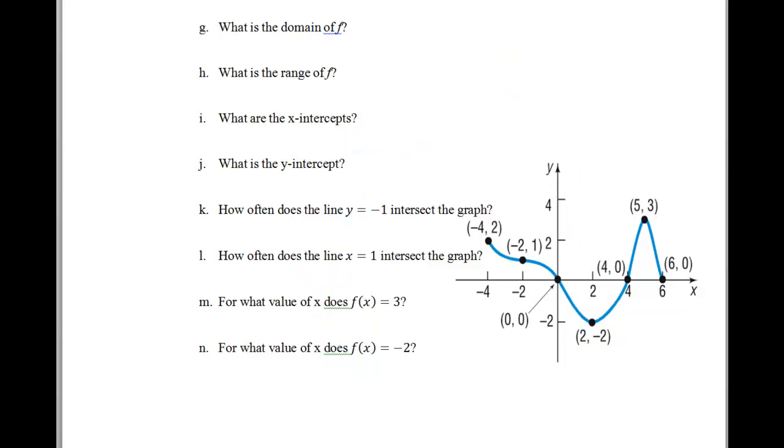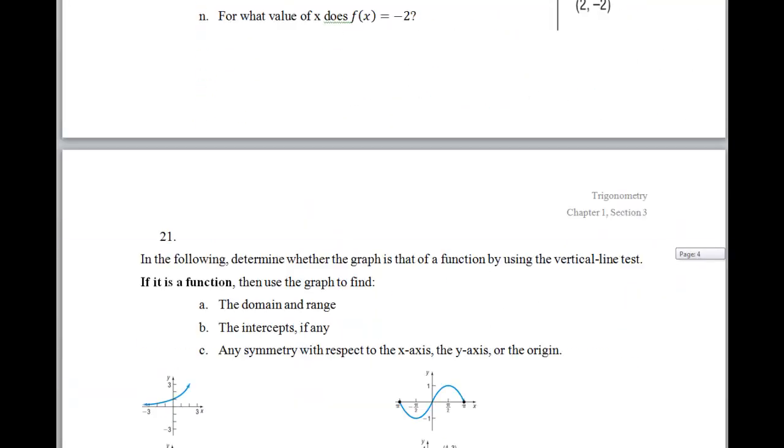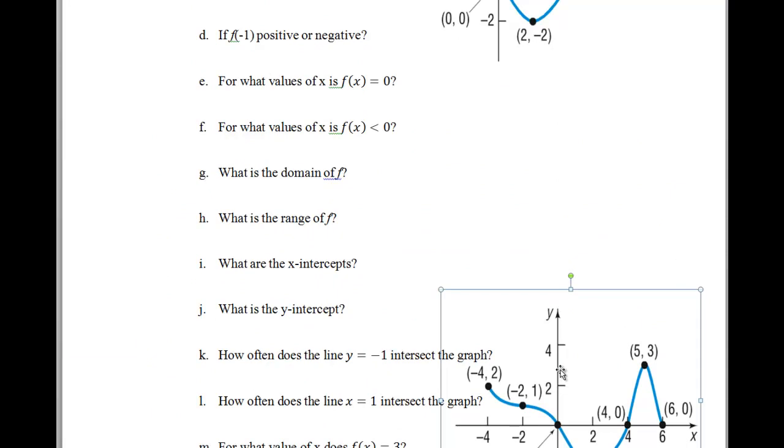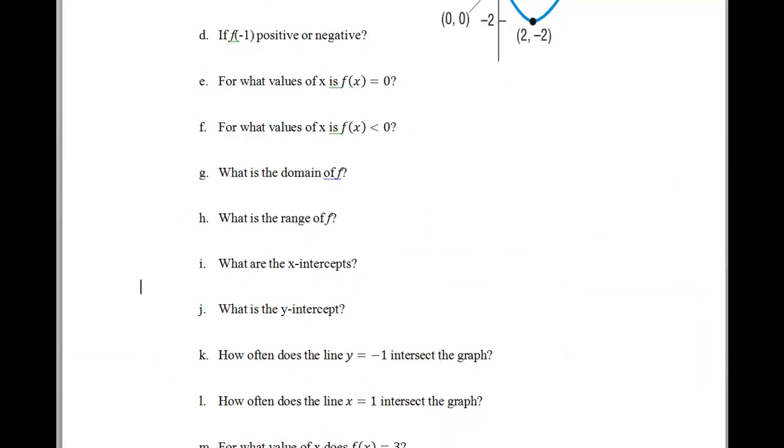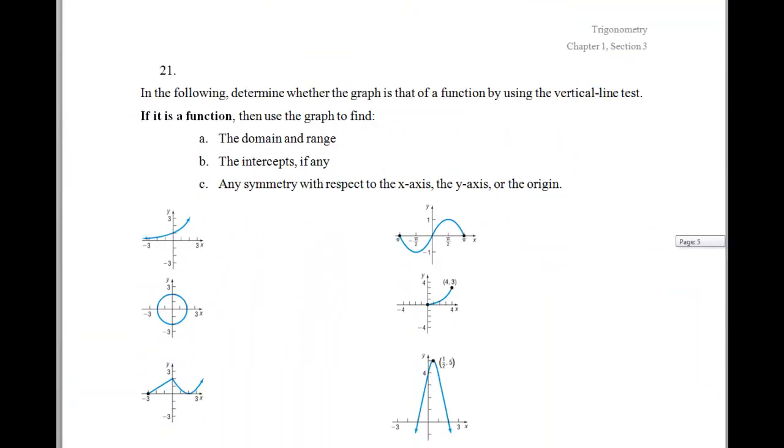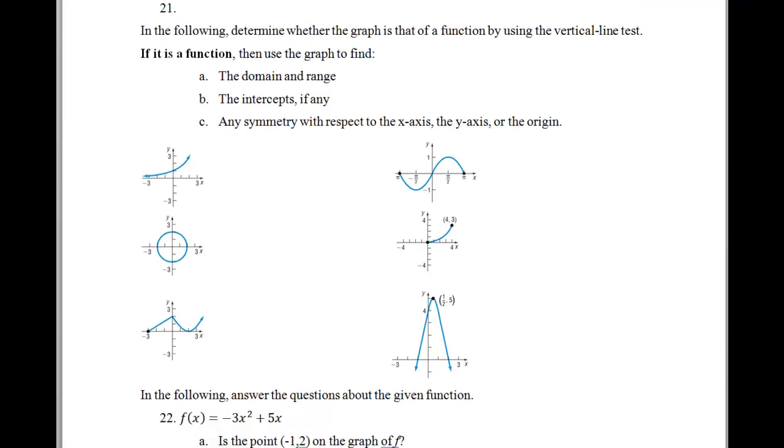All right, there's the first of 3 pages that we're going to finish up with in this worksheet here. I'm going to take care of this and move to the next page here. Okay, now what we get to do is determine whether the graph is that of a function using the vertical line test. And if it is a function, we're going to use a graph to find the domain and range,